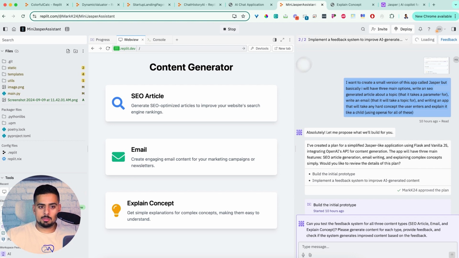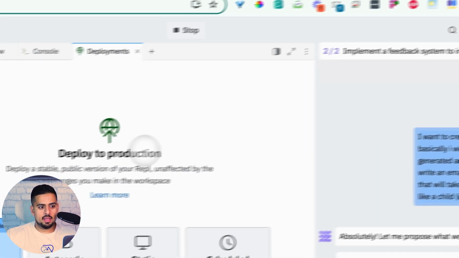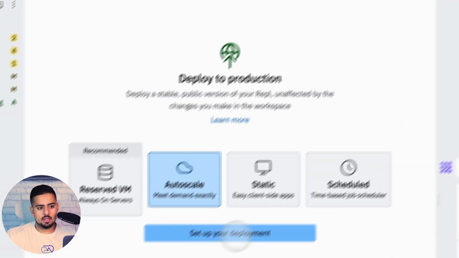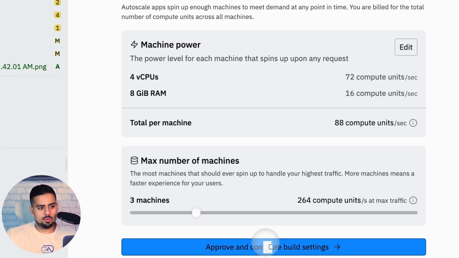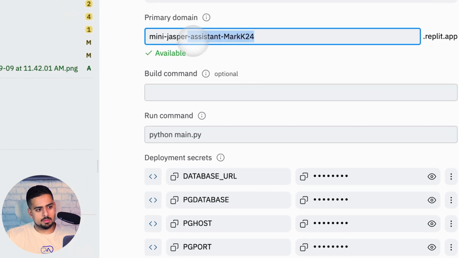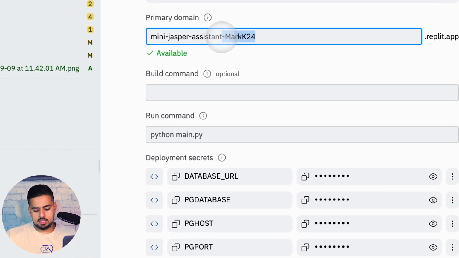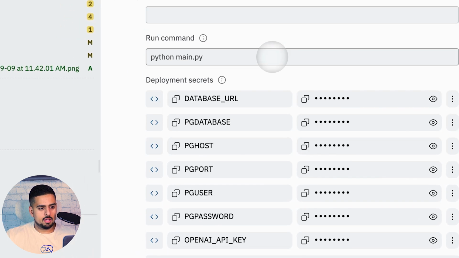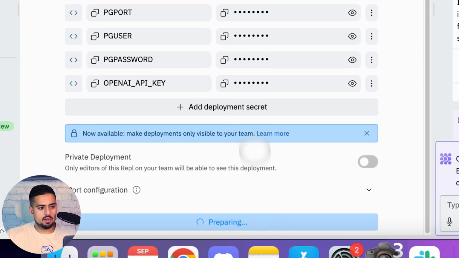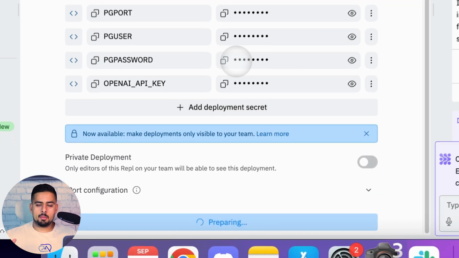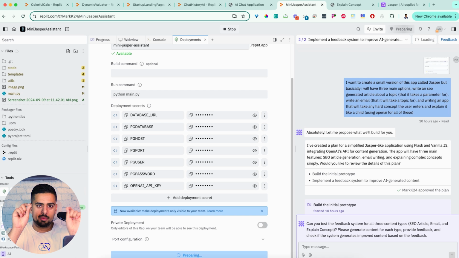And all you have to do to actually deploy it is click on deploy, and then you can choose something like auto scale, set up your deployment, approve and configure settings, and I'll call this something like Mini Jasper Assistant if it's available. And then I can go to deploy, and then it'll take its time and it'll come up with a link, like an app link that you can access from pretty much anywhere,